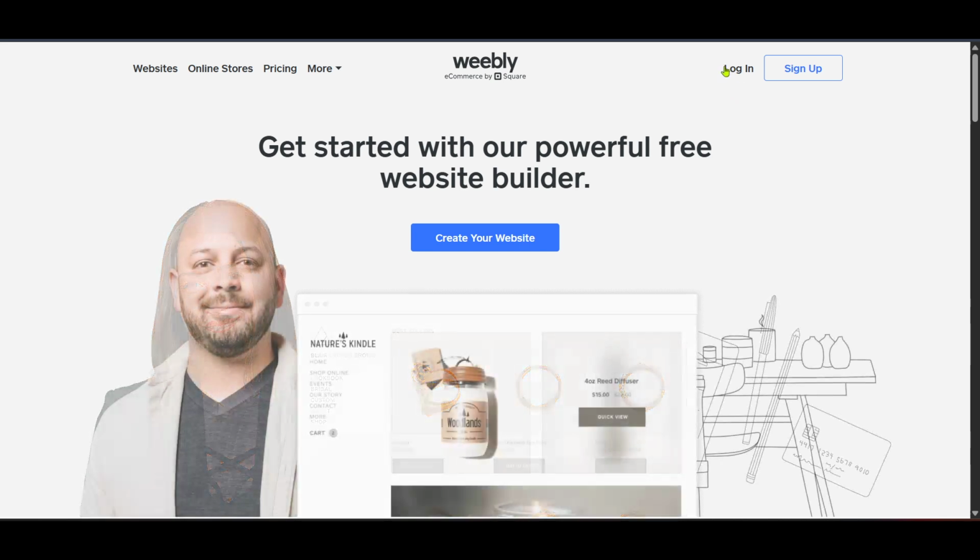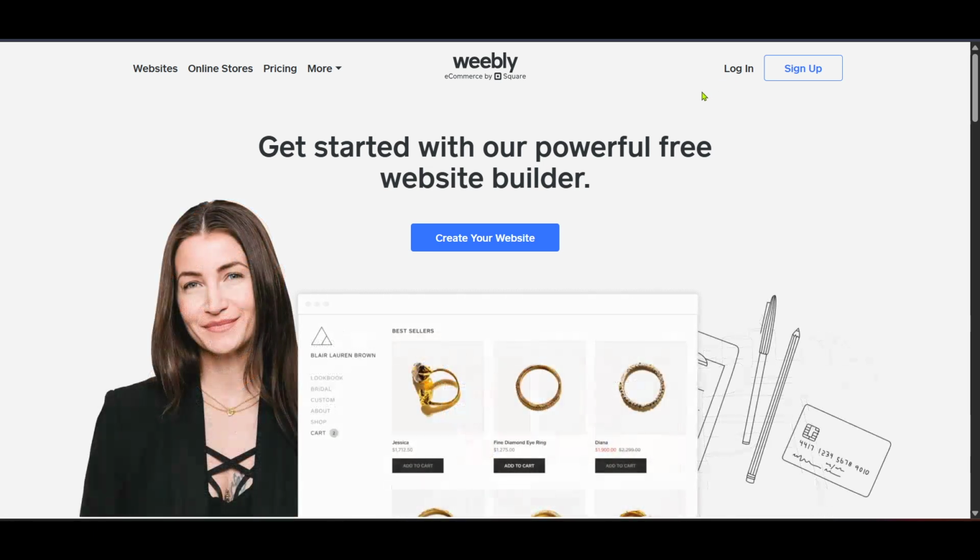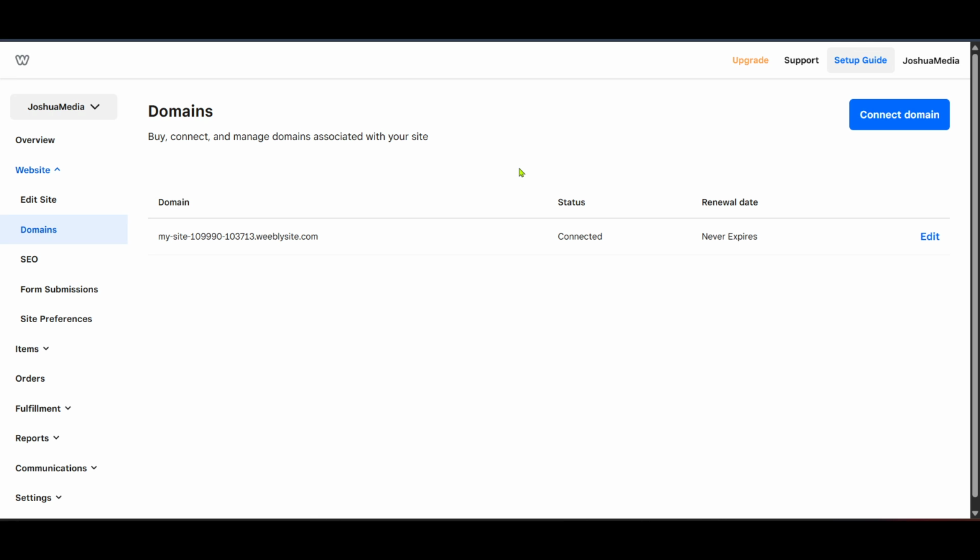Now, when you're prompted with the login screen, I recommend using the option to log in with Square if you have previously set up your Weebly account through Square. Click on Login with Square to ensure a seamless authentication process. Once you're logged in, you'll be directed to your account dashboard, which is the starting point for managing your websites